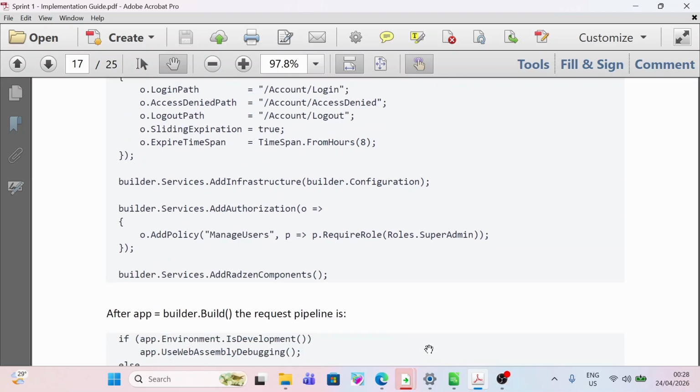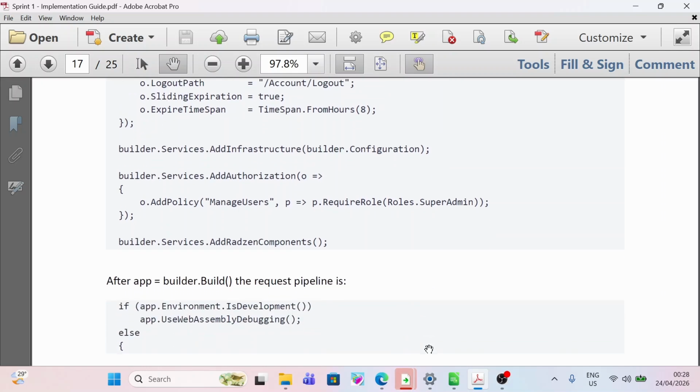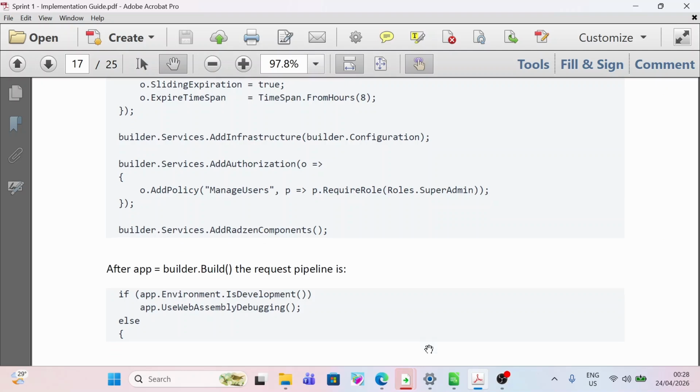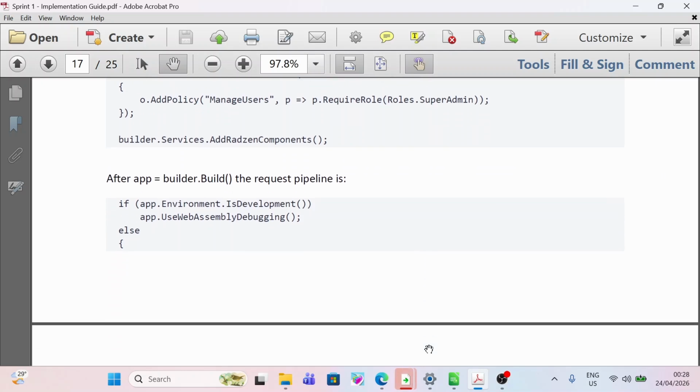builder.Services.AddAuthorization(o => { o.AddPolicy("ManageUsers", p => p.RequireRole(Roles.SuperAdmin)); }); builder.Services.AddRadzenComponents(); After var app = builder.Build(), the request pipeline is: if app.Environment.IsDevelopment()